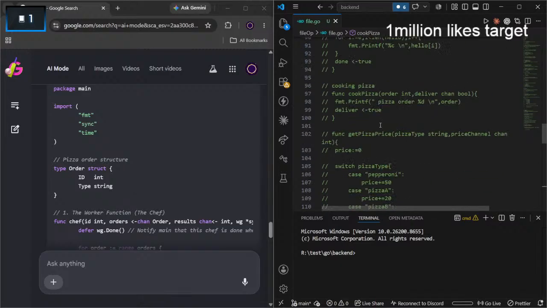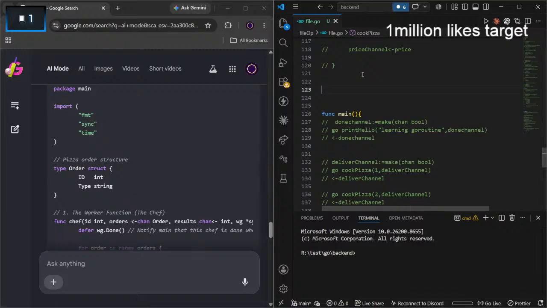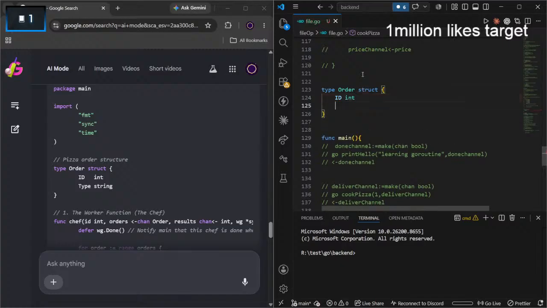Oh my god, I need a cleanup. Nah, it's fine. Type is going to be order and struct is going to contain my ID, which is an integer, and type, which is a string.